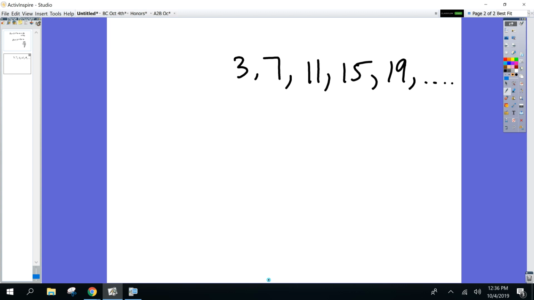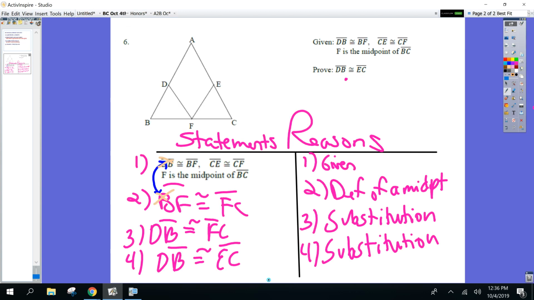See this sequence? I want the sum of the first 80 terms. Yes, add them all together. That's what we're doing. We're taking the arithmetic sequence and adding a certain amount together. And the way we organize it is with this symbol